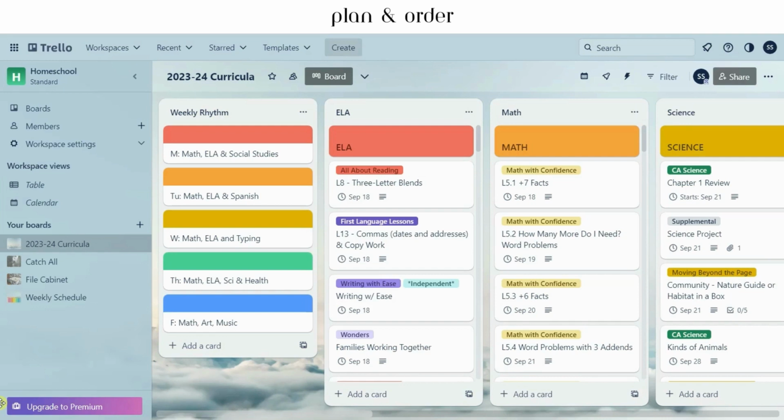And because I knew I would be using the Curricula Board as a feeder board for the weekly schedule board, I also added a list for some of the other dates that we brainstormed in part 1, including holidays, vacations, field trips, and extracurriculars. So with the main structure for our curricula board all planned out, I can start adding the curricula. Starting with ELA, which is the subject made of the most varied curricula, we have All About Reading, First Language Lessons, Writing With Ease,